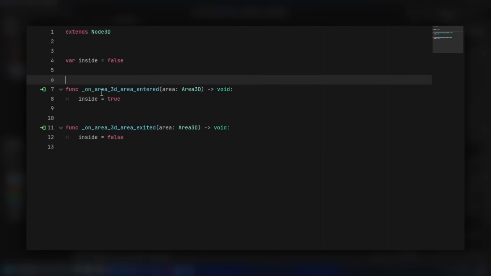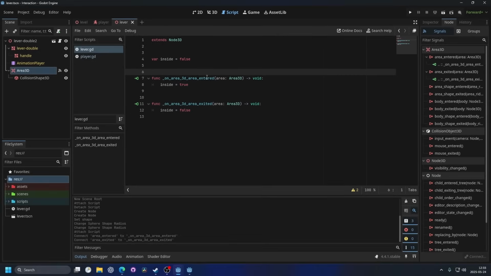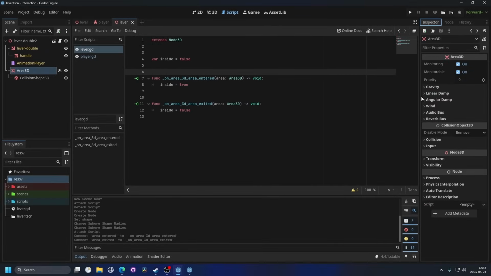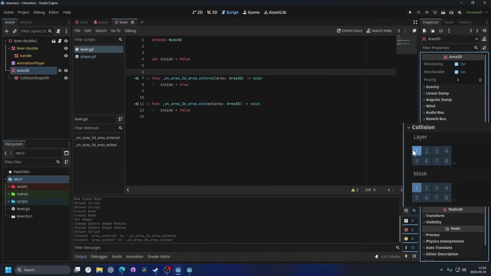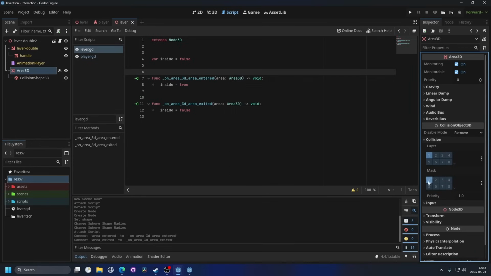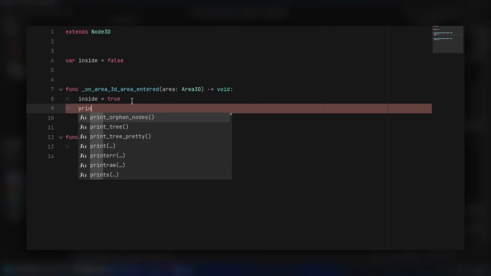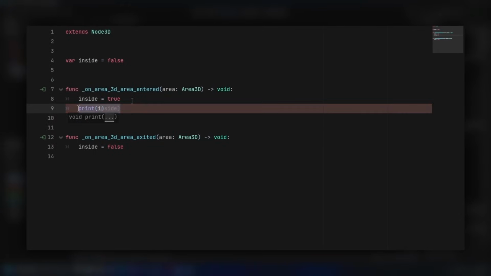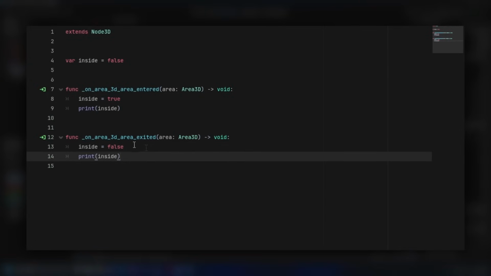And you may be wondering what areas it's looking for. If we go to the inspector tab, we can go to collision. So it exists on layer 1 and it's looking for things on layer 1. For it to understand that there's another area inside of it, it needs to look for one that's on layer 1. I'm also going to print the inside variable in both of these signals,